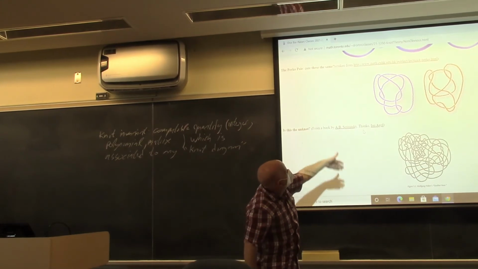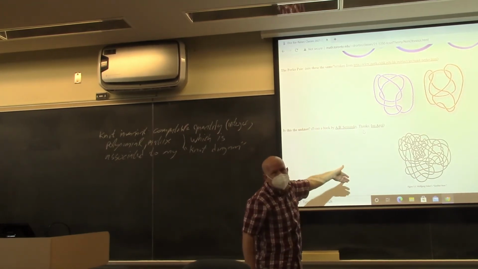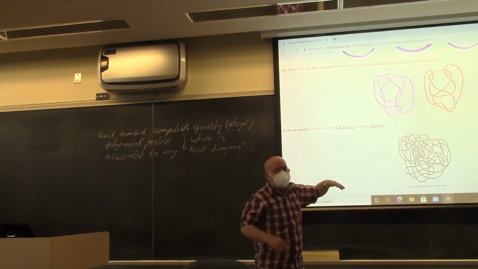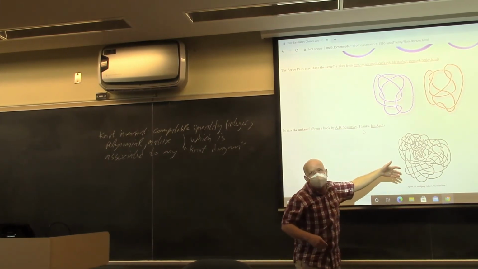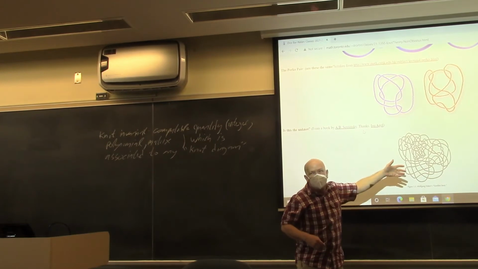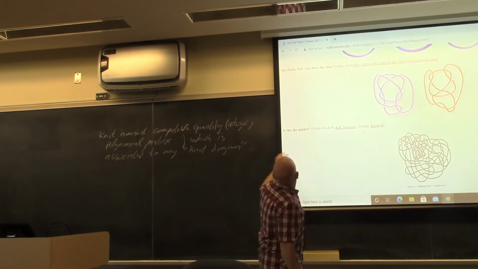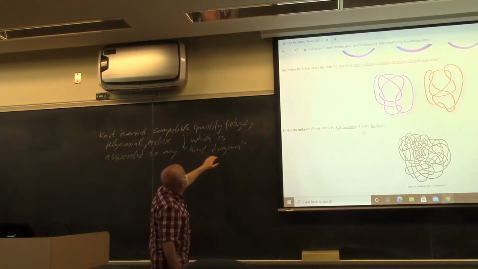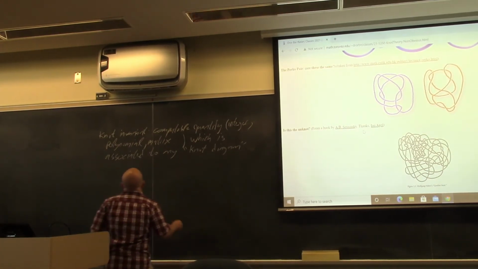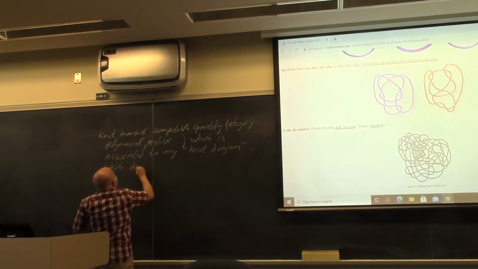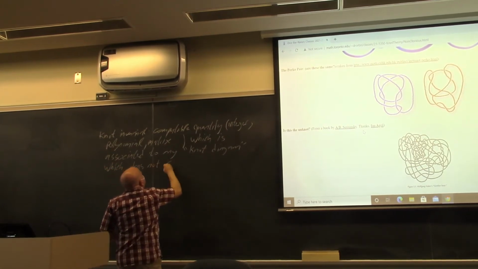So in fact, all of the pictures I've shown you here are diagrams. They're not knots. The knots are equivalence classes of knot diagrams, equivalence modulo deformations. So a computable quantity associated to knot diagrams, which does not change